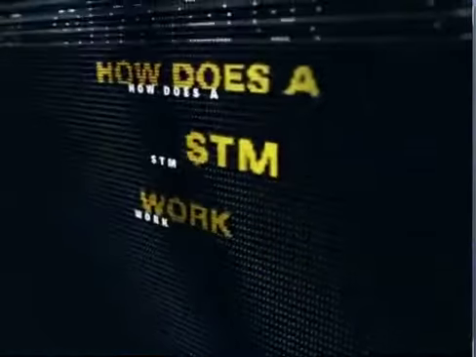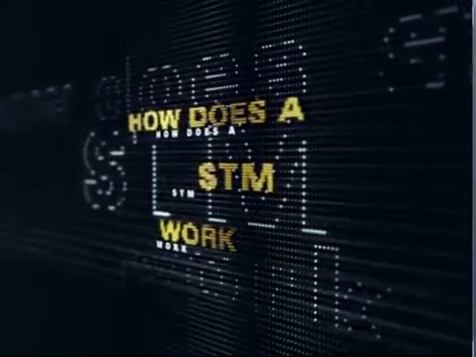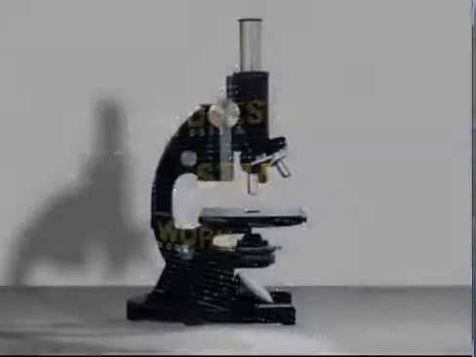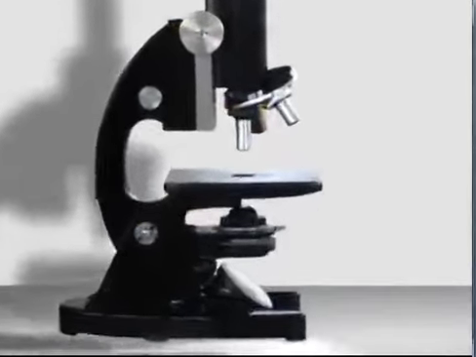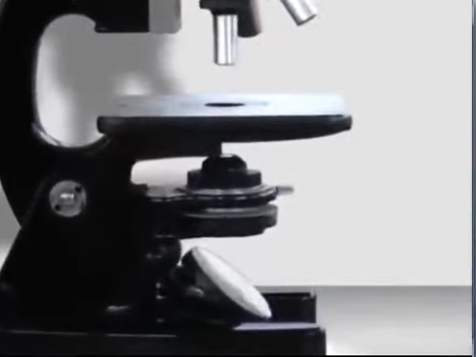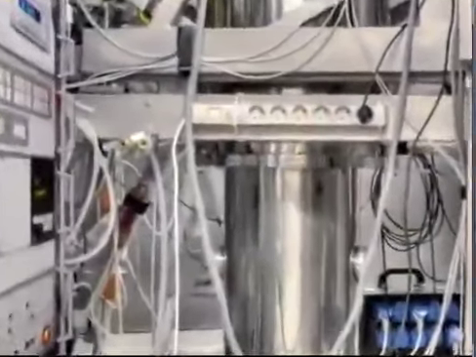Now we will see an animated image of how scanning probe microscopy works. How does a STM work? The minute size of atoms requires special microscopes to study their properties. Optical microscopes don't have the required resolution. This deficiency is due to the use of light to image small structures. We use a scanning tunneling microscope instead.